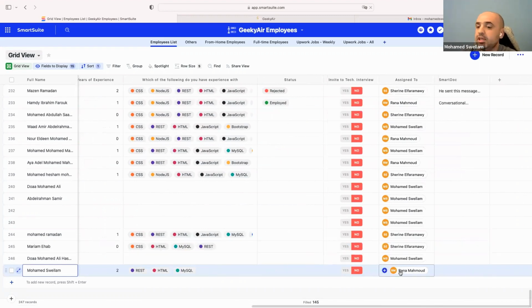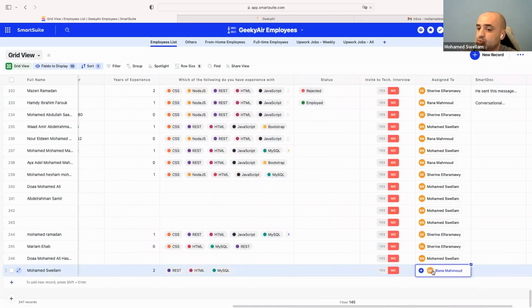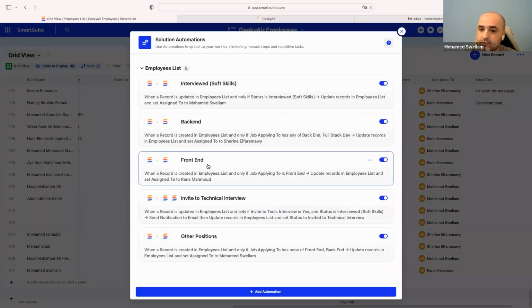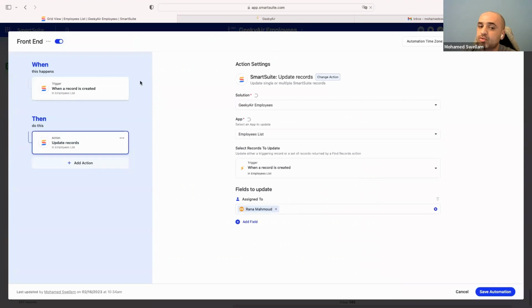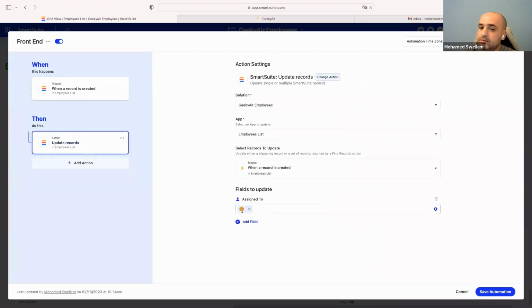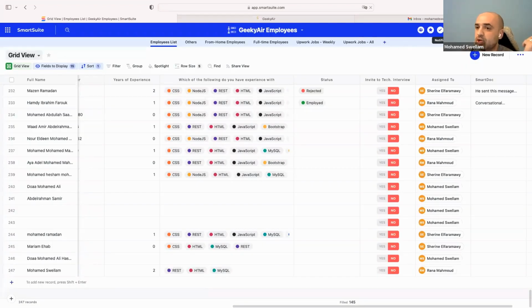So, as you can see here, because I applied as a front-end engineer, I got assigned to Rana, who is the hiring manager responsible for interviewing front-end engineers, using a very simple automation right here that just assigns the record once it's created, with the condition of front end, and it just assigns it to Rana. Rana then just receives a notification right here, and she contacts this person, and now we